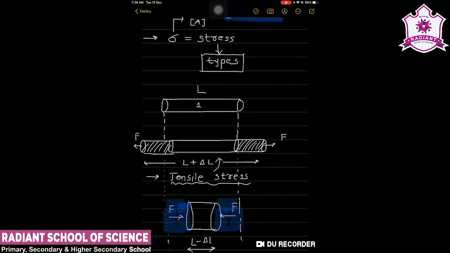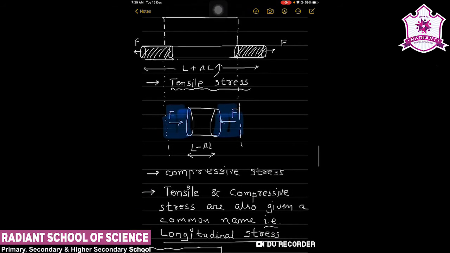So here in the first case, the first type of stress that we have defined is tensile stress, that is under the tensile force. Tensile force means which is generally termed that is responsible to increase the length of the substance or body. Now another type of stress that we can define as